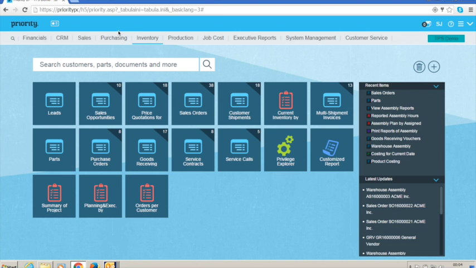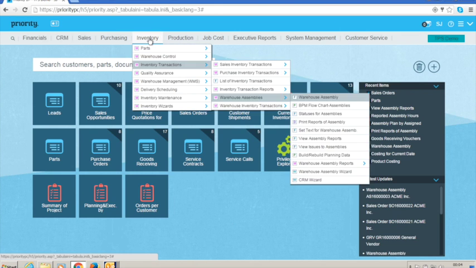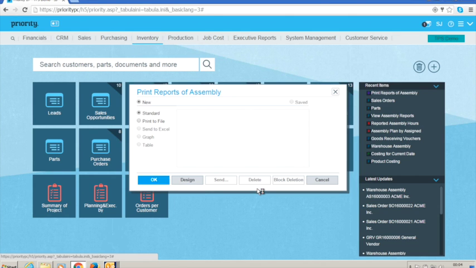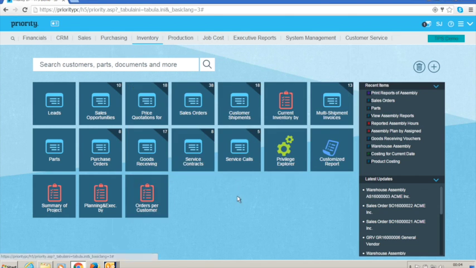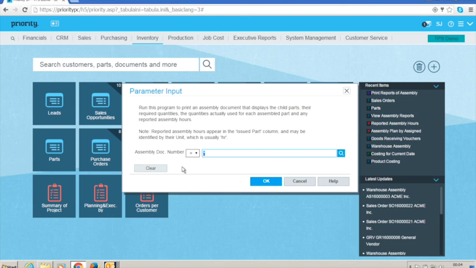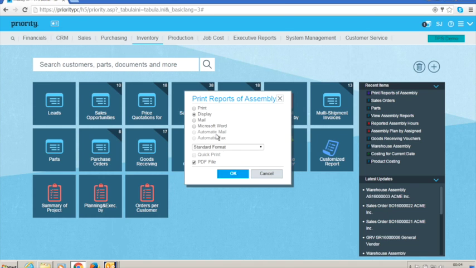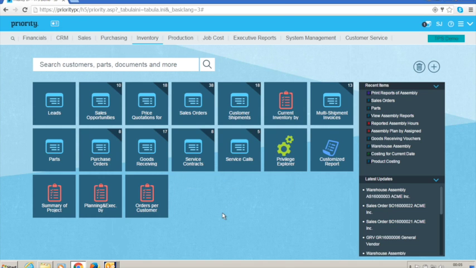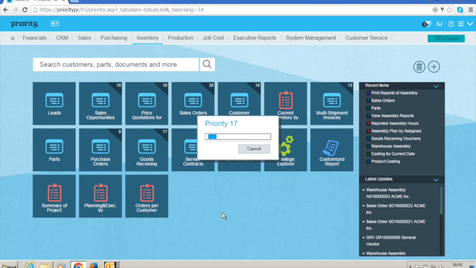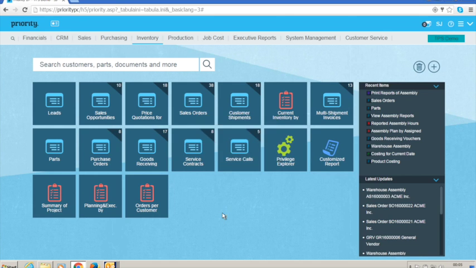There's some pretty straightforward reporting to underpin the warehouse assembly. So for example, we can print reports of the assembly, and in this case, if I open this up, I can run this for any range of assembly documents. We'll display this to screen, and you'll see that everything that we've assembled has documents associated with it, and so if we